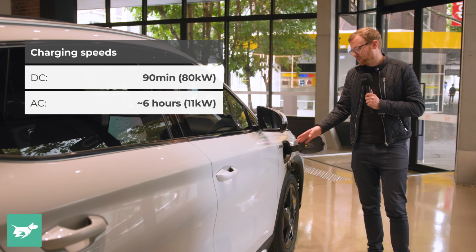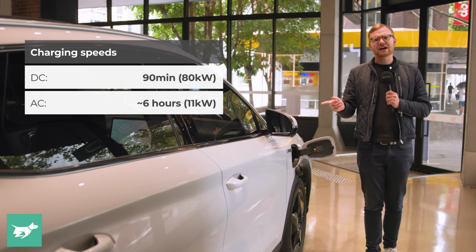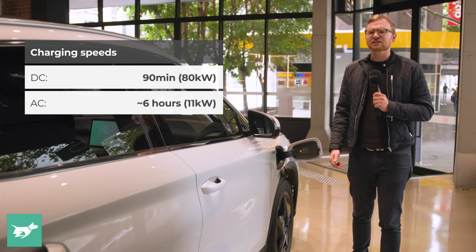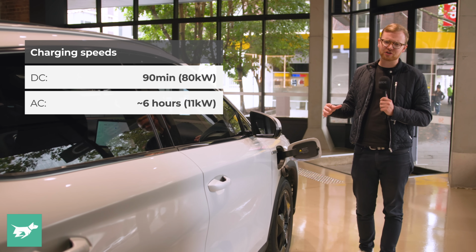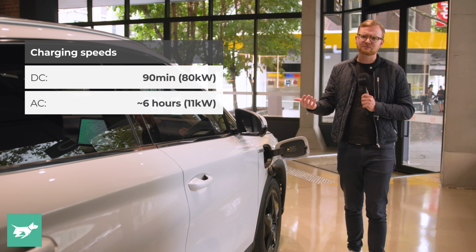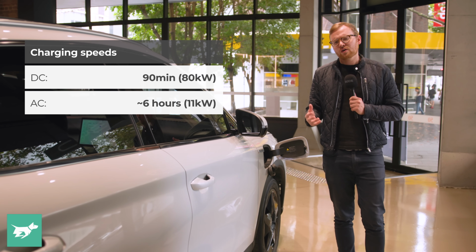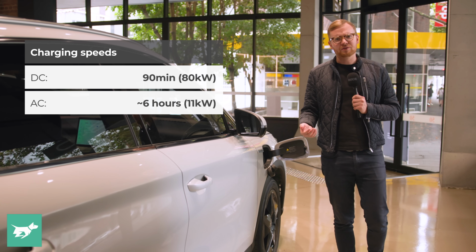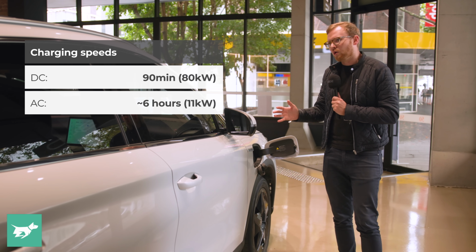Now, you're going to be charging through this 80 kilowatt DC charge port if you're on a road trip or something like that with the Atto 3, and charging at 80 kilowatts is going to take you about 90 minutes. So this certainly isn't an ultra rapid charging EV, but BYD tell us that the feedback they're getting is that the vast majority of owners are going to be charging this thing overnight in their garage, either just through a typical 3-pin wall socket, which would take you about 30 hours, so not all that practical, or more likely through